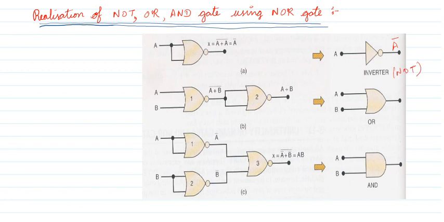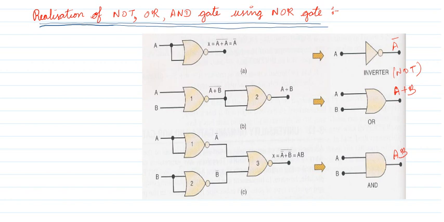Similarly, what about A plus B whole bar? This is your NOR gate, and next I am using a NOR gate, but both inputs are connected to this signal, so everything will be complemented. Here I am giving A, I am getting A bar. So I am giving A plus B whole bar, and what happens? Two times complemented, the bars get cancelled, so I get A plus B. So the input is A, B, the output is A plus B. This is nothing but your OR gate.